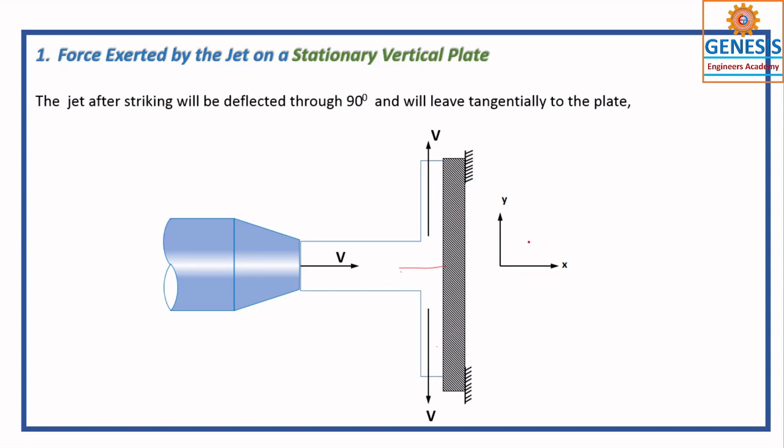Now you have to observe this one. I have taken this as the x direction and this is the y direction. With the same velocity, this jet coming out of the nozzle gets deflected and moves in two ways, each having velocity v. So while explaining, you have to think like this: one is deflected in this way, and the other in that way.